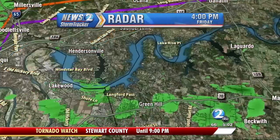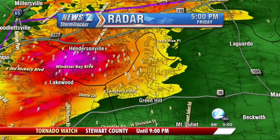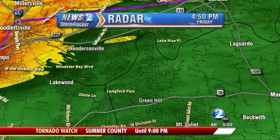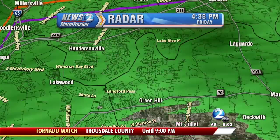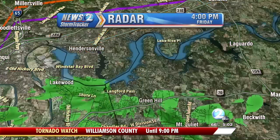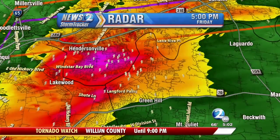Right. We haven't had many warnings with these storms, but they've really pulsed as they came into Nashville from Ashland City, and now as they're moving eastward, they're into a pretty volatile atmosphere. You can see all the bright pink shading there in the Hendersonville area down to Langford Pass, and then this is Highway 70 that you see here in Mount Juliet. Any of these folks